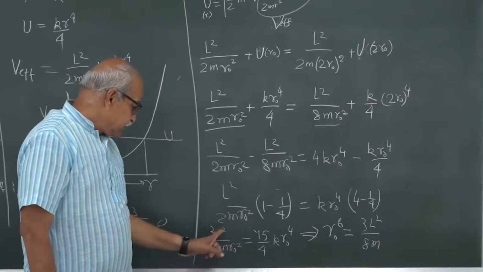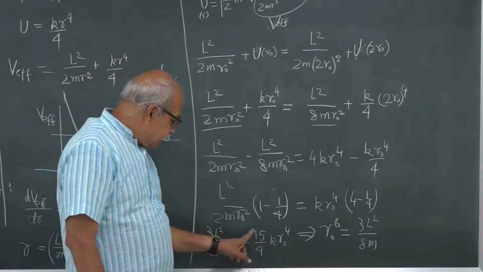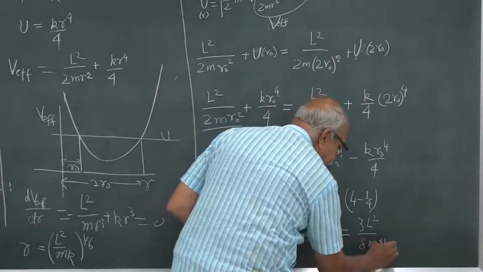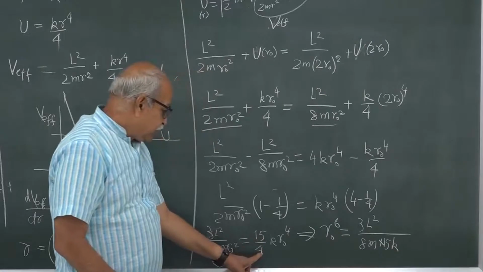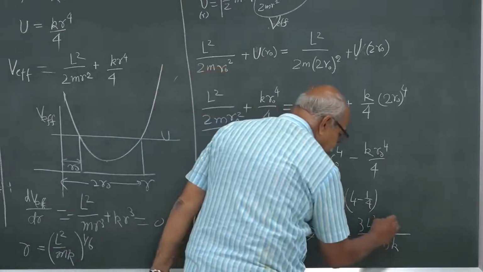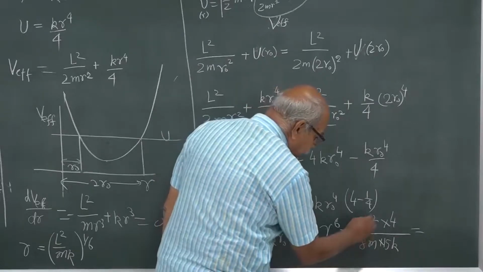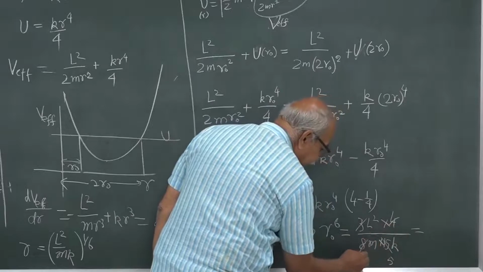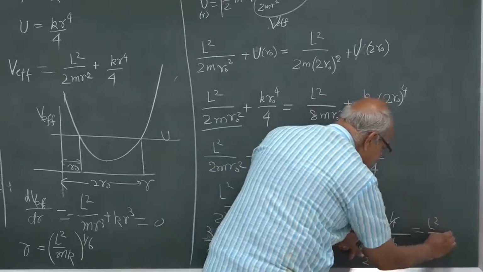And from that side I have to bring this thing. So, this 15 k will come in the denominator, and this 4 will go in the numerator. So, this will be what? 3 and 15, so 5 here, 4 and 8, so 2 here. So, it is L square divided by